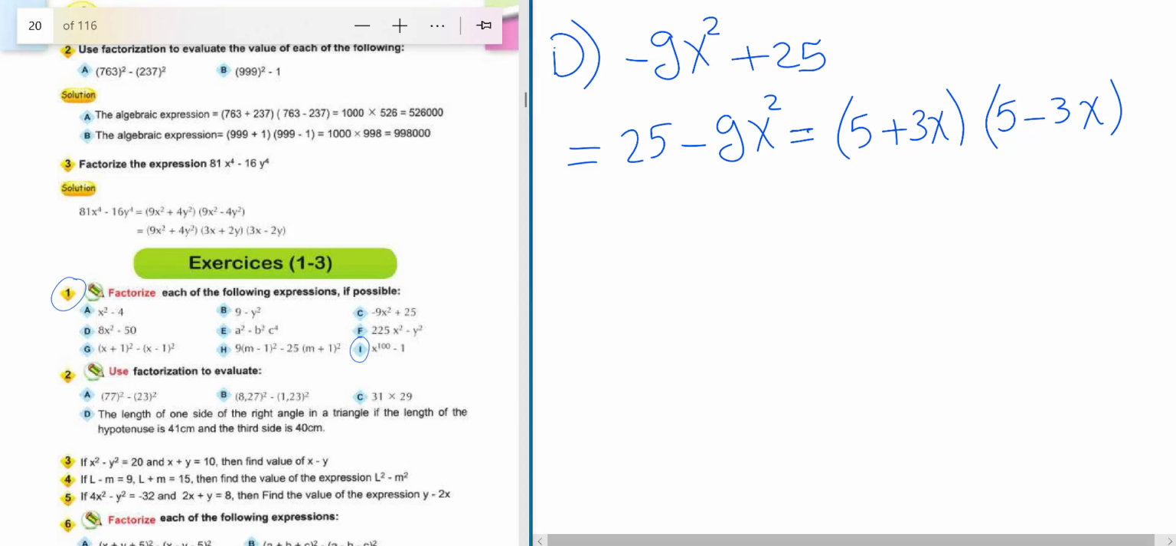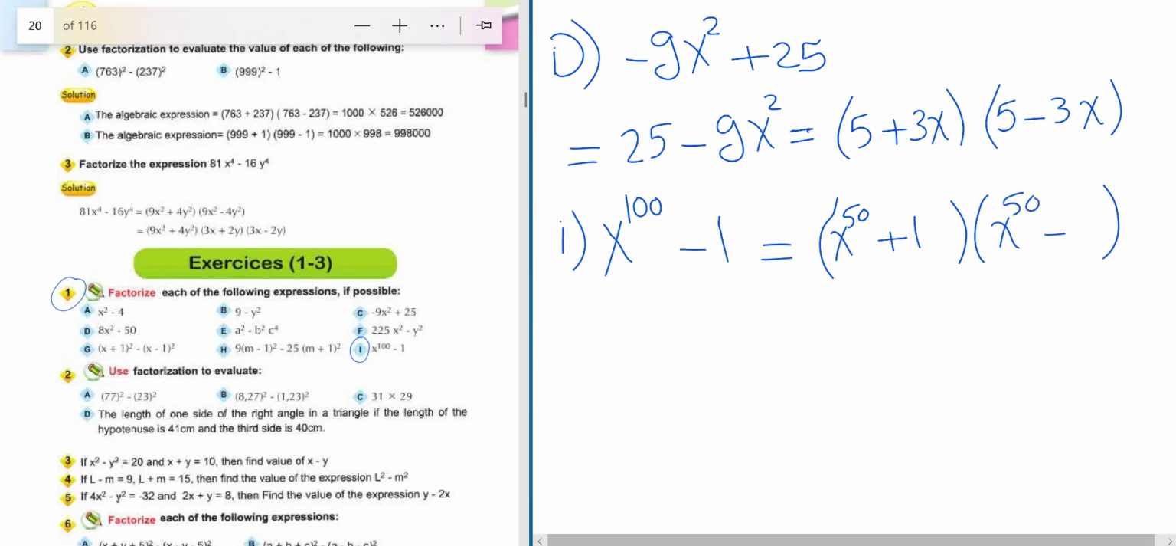Another one, let me take number I. X power 100 minus 1. The two brackets are x power 50 plus 1 and x power 50 minus 1. When we multiply like this, we add the powers. After that, we